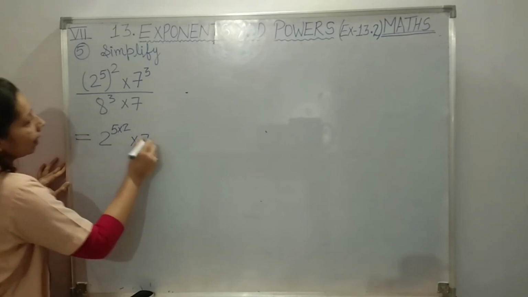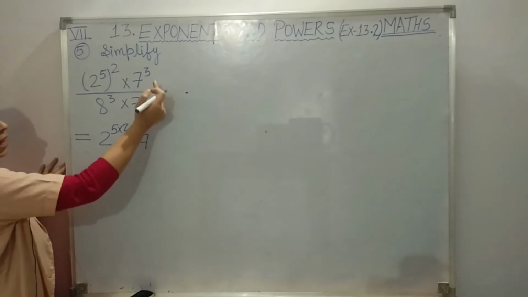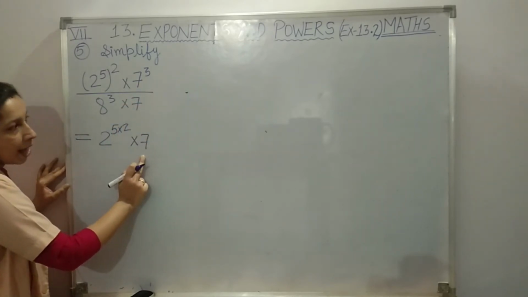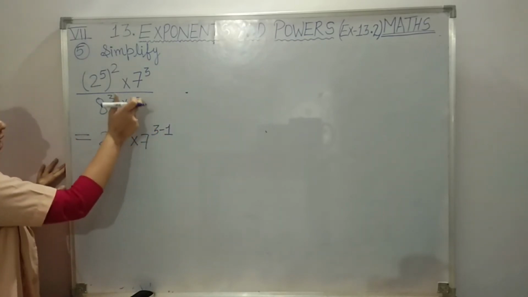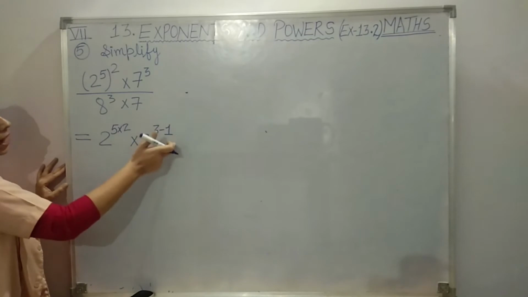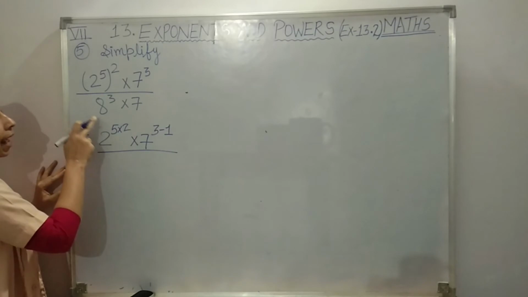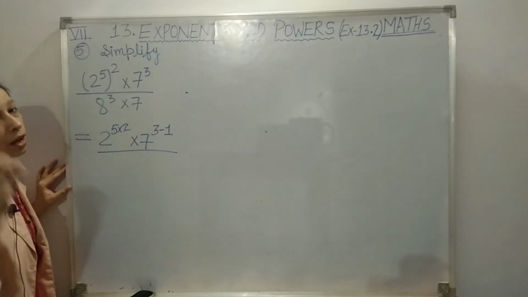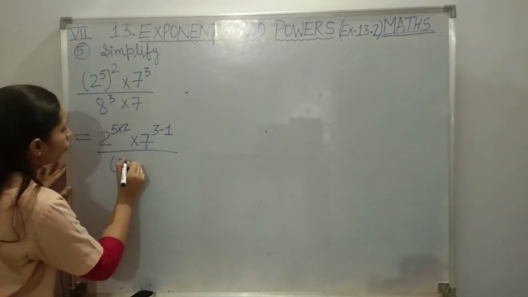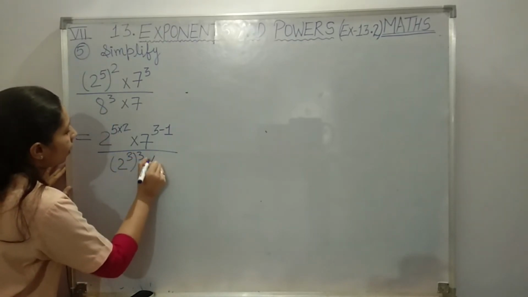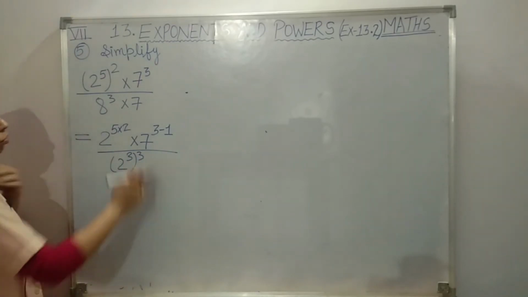Then again here, which law can we use, students? A raised to the power m divided by a raised to the power n. So that's why I have taken 7 common, and here I will write 3 minus 1. Where did the 1 come from? If nothing is written with the base, that means it has the power 1. Now 8 is a whole number and it is not written as a product of powers of prime factors, so I have to take its LCM and I will get 2 raised to the power 3, isn't it? 2 2s are 4, 4 2s are 8. This 7 I will not write because already I have solved it.